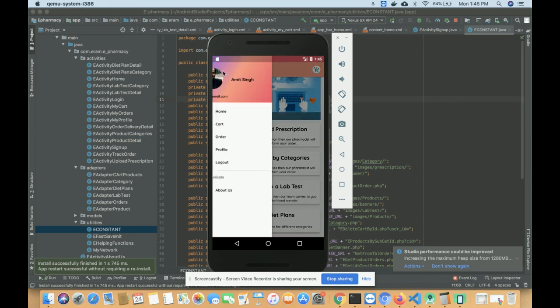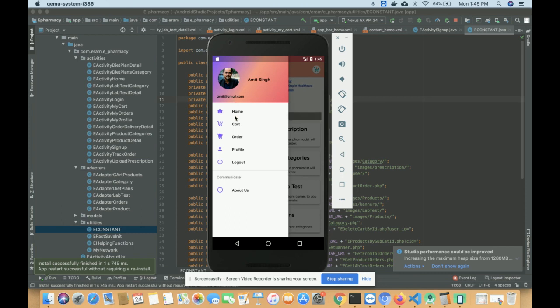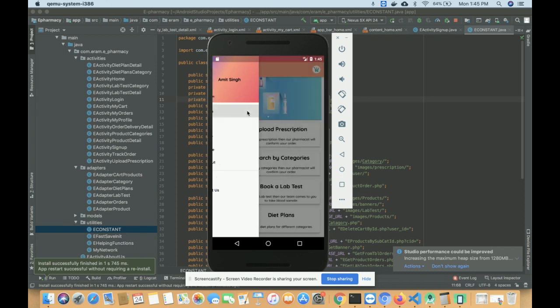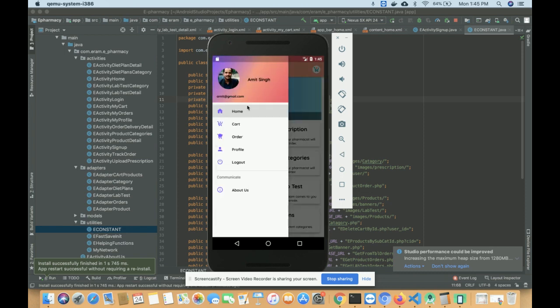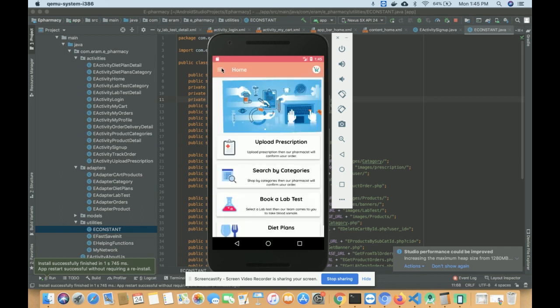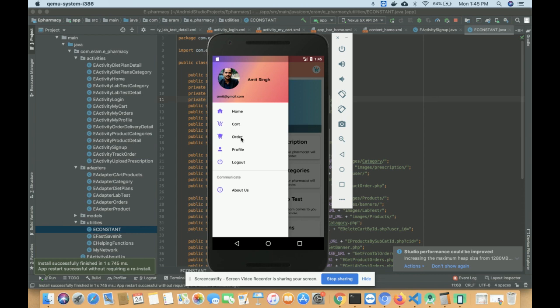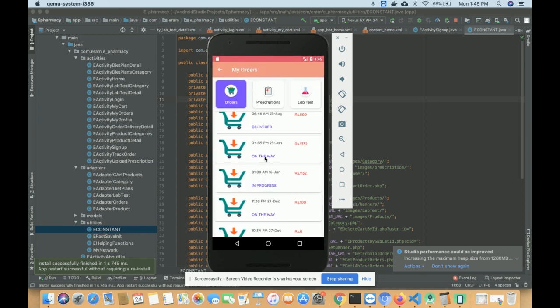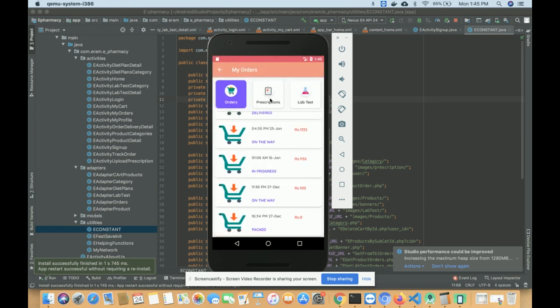Before that I'm going to show some more things. So this is the navigation bar. This is the home, we are already on the home page. This is the cart, right? One item I have already added into the cart. This is all of the orders which you have placed. Here you can see there are 3 order buttons. All of the orders placed by you will be displayed here. It will not show other customers' orders, right?